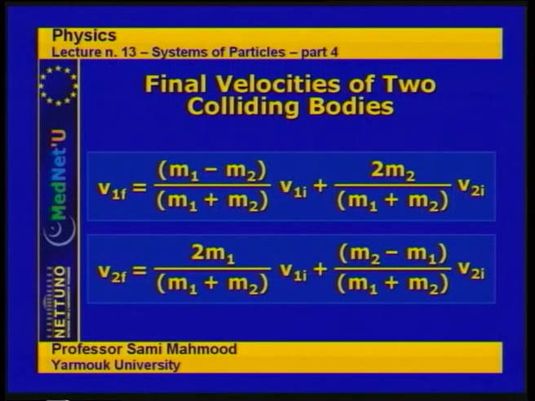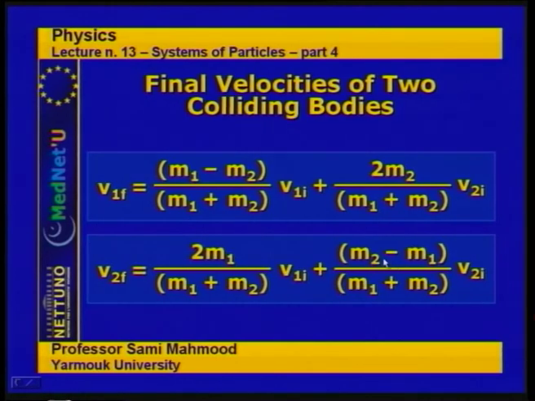Now, these two equations give the values for the final velocities of the two colliding objects after collision has taken place. Notice that these two values are given in terms of m1, m2, v1 initial, and v2 initial, all of which are known right from the beginning as initial conditions of the problem. Now we can take some